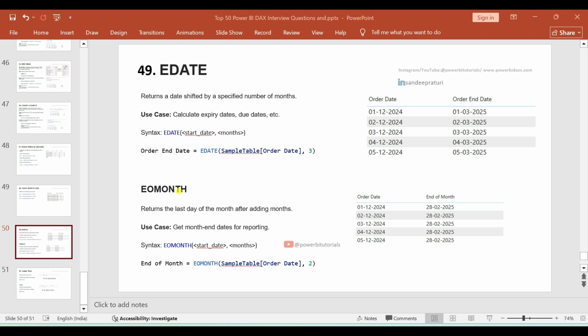Now see the second DAX function, which is EOMONTH, meaning end of month. See the definition: returns the last day of the month after adding months. See the use case: get month end dates for reporting. And this is the syntax, EOMONTH. It supports two parameters, start date and number of months. Create a calculated column in your data set and write this DAX code. So here end of month is the calculated column name, and this is a DAX code example: EOMONTH. Pass the order date column name and pass the number of months. So here we pass the number of months 2, which means February,